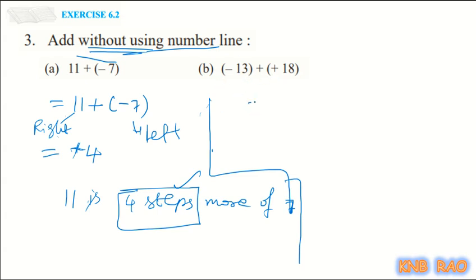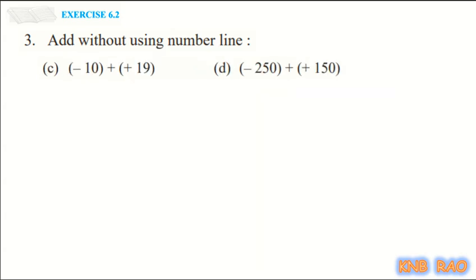Doing minus 13 adding to plus 18, amongst them which is bigger? 18 is bigger. How many times bigger? 5 times bigger. So here one is negative, another is positive. So 5 steps, 18 is 5 more than 13. And here the nature of the bigger number is positive, so that comes to this sum. Coming to the question number